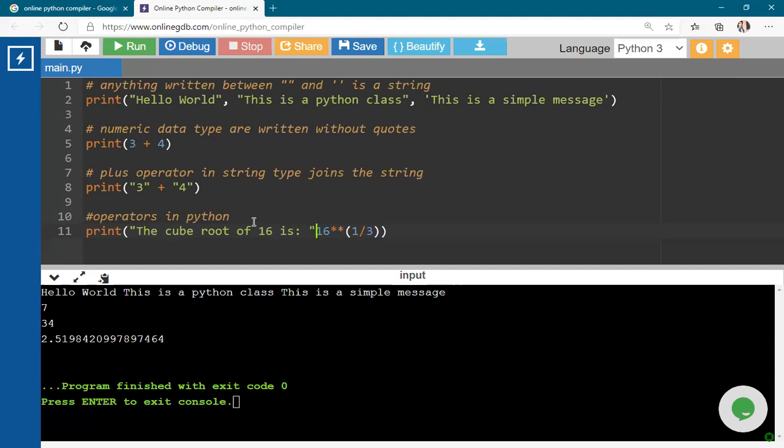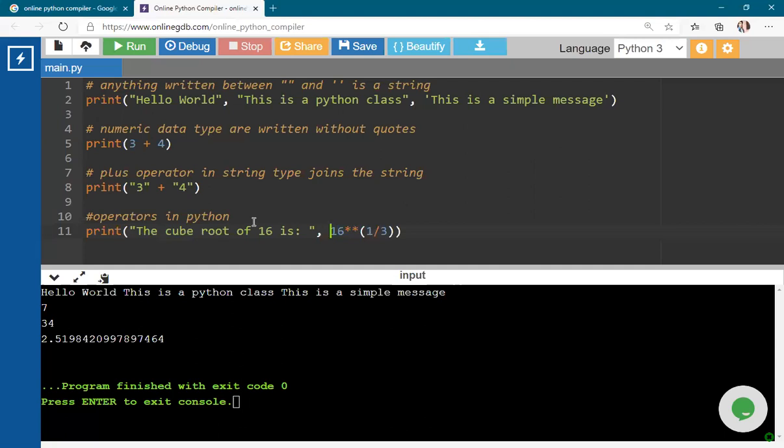और फिर आपको इस मैसेज और इस कैलकुलेशन को एक ही प्रिंट स्टेटमेंट में जोड़ना है. To do that, you will put a comma in between. तो इससे ये दोनों सेपरेट हो जाएंगे और मैसेज पार्ट is now separated from your calculation part. तो पहले आपको ये मैसेज दिखेगा, the cube root of 16 is, ये तो as it is प्रिंट हो जाएगा because this is in double quotes. कॉमा के बाद का जो पार्ट है,